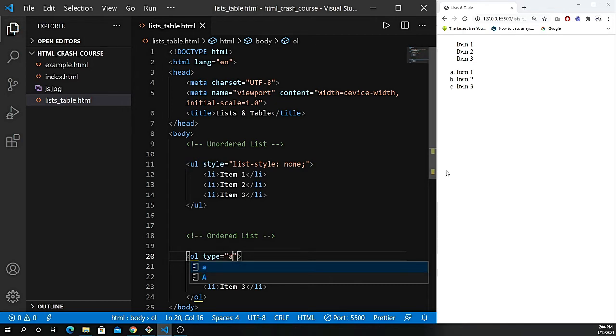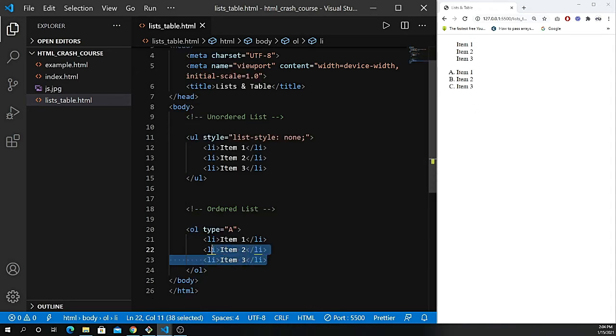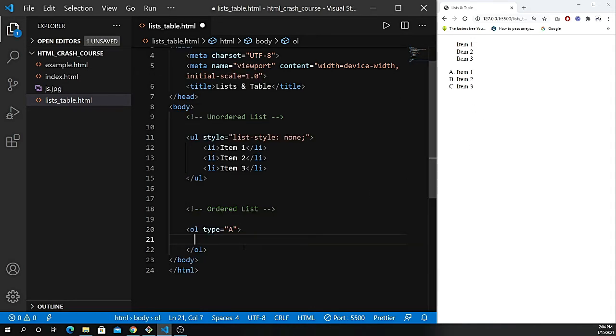A, and you can see now we have A, B, C, and if I want that in the uppercase, I can just simply do here capital A, and this is going to bring the alphabets, right? So the order. So the good feature that VS Code provides you, that if I just want to give here